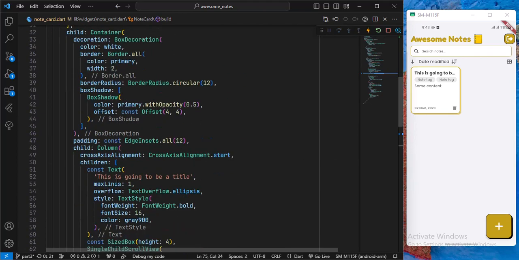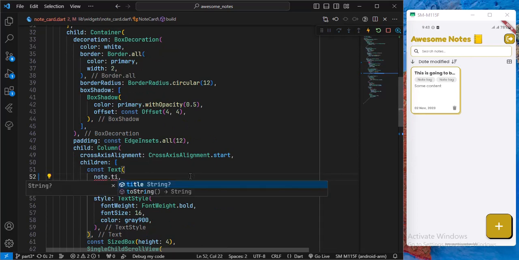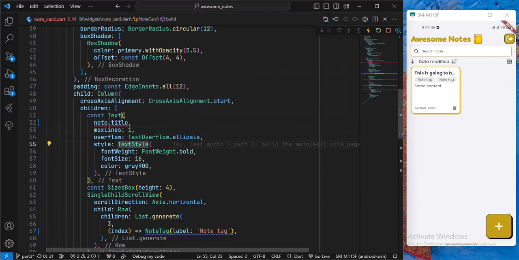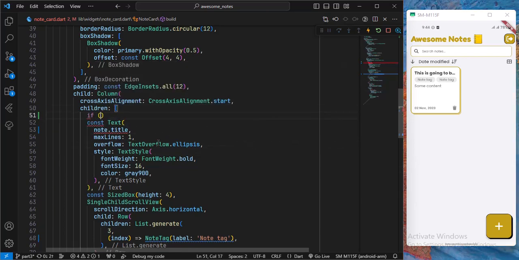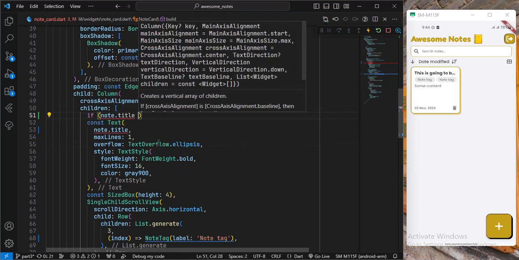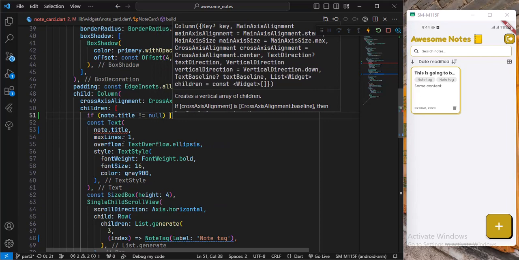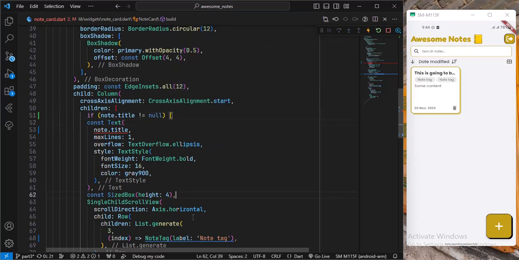I'll start with the title. So I will say note.title. That's one thing. And this is giving me error because it is saying that this can be a null. So I want to check for this, and I will say if note.title is not equal to null, then add the text and this sized box. Okay, and then I'm sure that this is not going to be null in here, so I can safely just